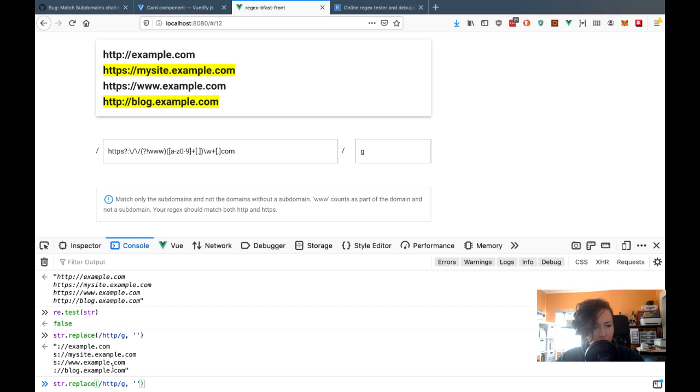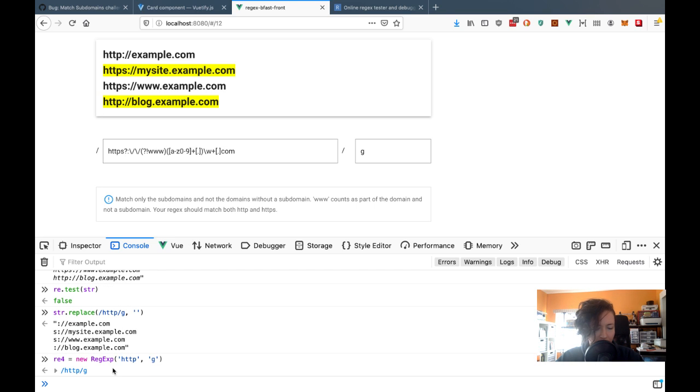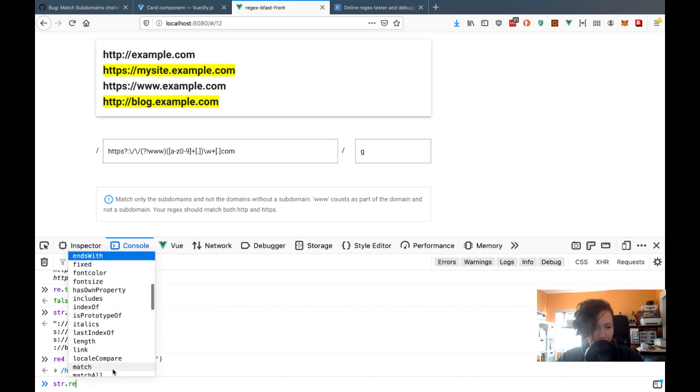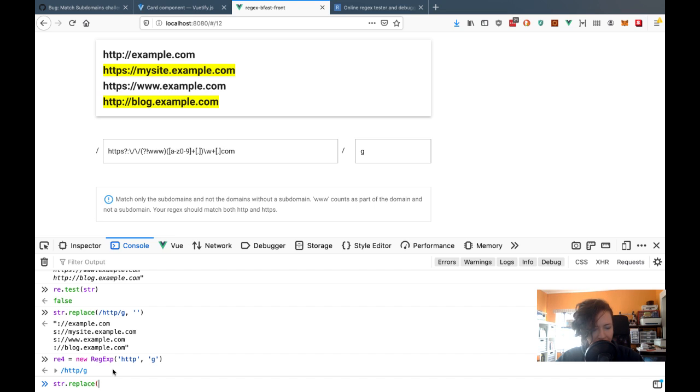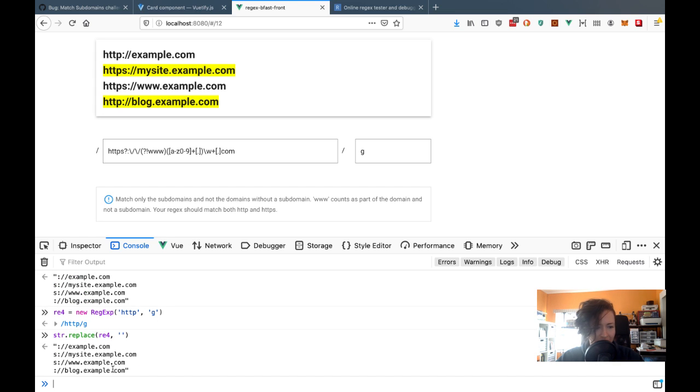Let me try to use the constructor now. So I'll do regex equals the same, no, new regex, and then I'll say HTTP and then G. Okay, so it creates the same thing. And then string.replace re4. Okay, so